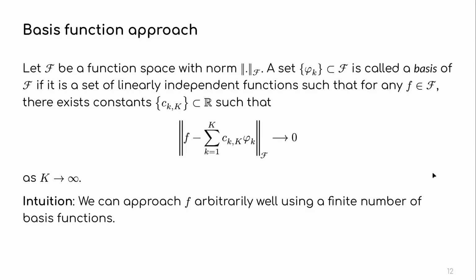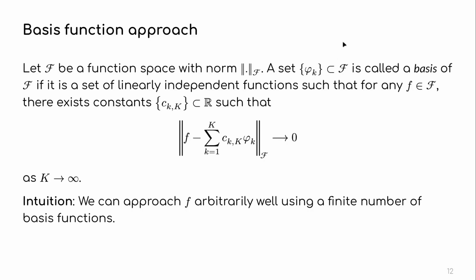Okay, so we want linear, so we're going to use a very general approach called the basis function approach. And the idea is that if you have a function space F with a norm, so that's a general thing in functional analysis, you always have some kind of norm or at least some kind of topology, but usually some kind of norm on your functional space. And the reason for that is that there's a lot of things that won't make sense if you don't have it, so it's preferable to have one.